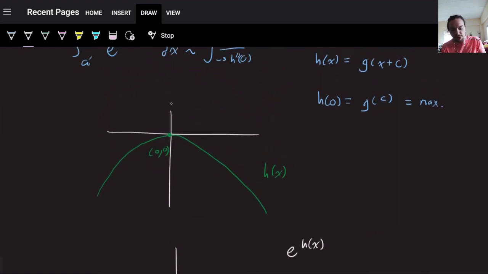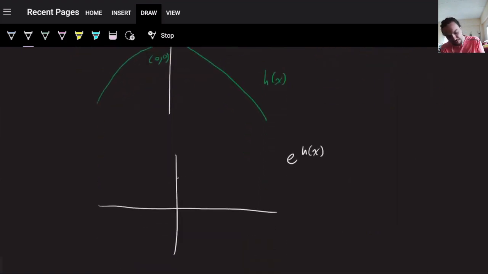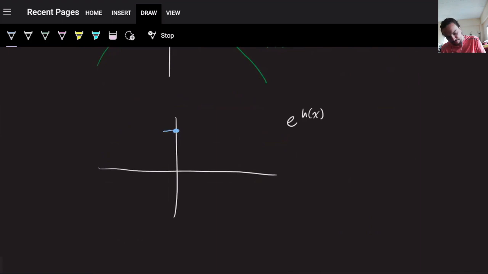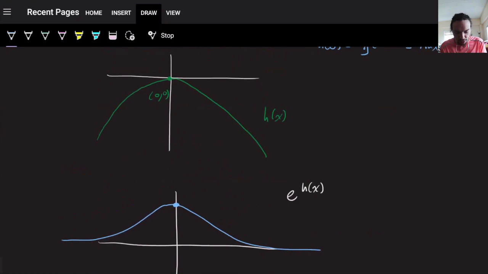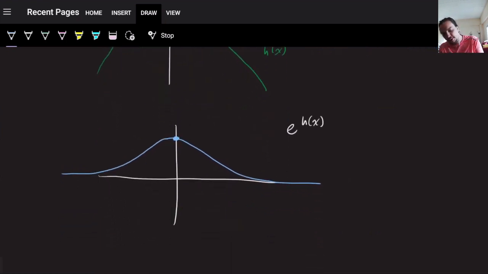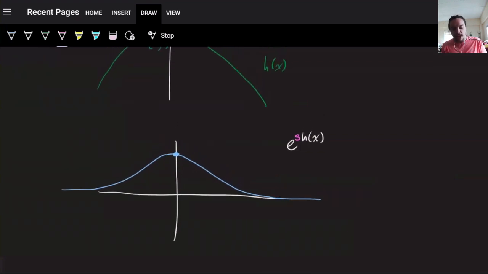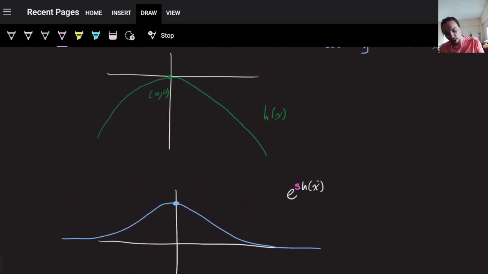Okay, at 0, you're going to go up to 1, because e to the 0 equals 1. And then as it gets negative, it's going to decay quickly. Right, so for more and more negative h, then e to the hx is going to be smaller and smaller. Okay? Now what happens when I put in an s? So the s is getting bigger and bigger, and at x equals 0, this is just always going to be equal to 0. H of 0 equals 0, so we're going to get 1